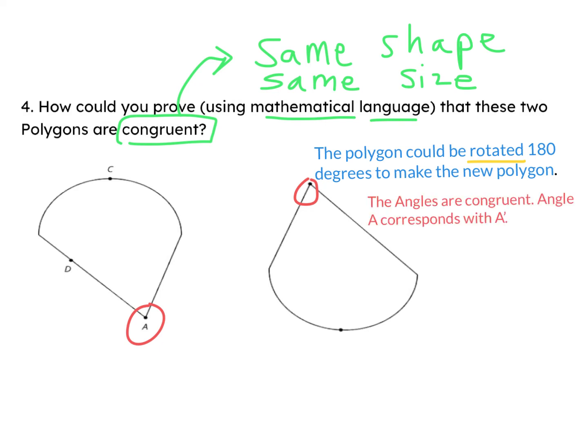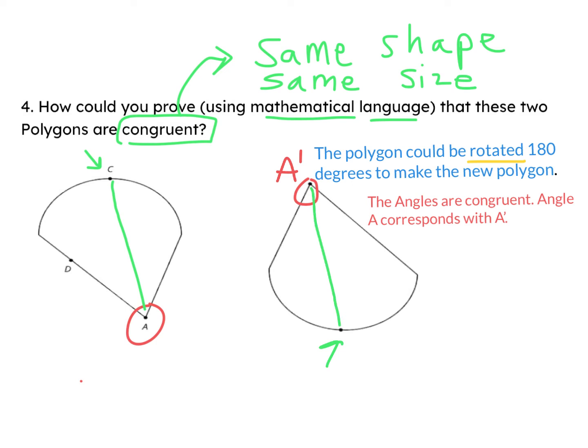So that's a second thing we can say, that angle A would correspond here with A prime. And then a third thing I notice is this point right here appears to match up with point C. And then if we drew a line segment from A to C